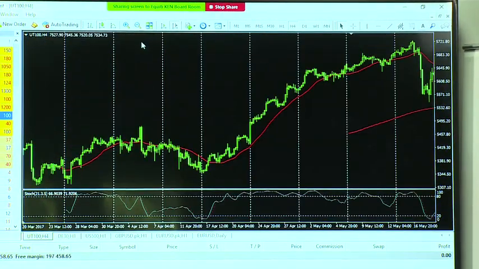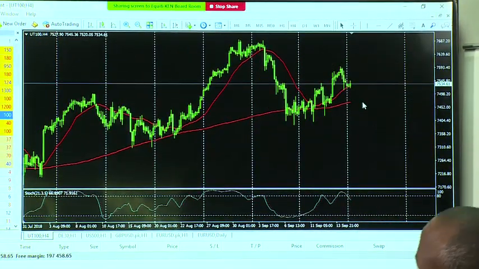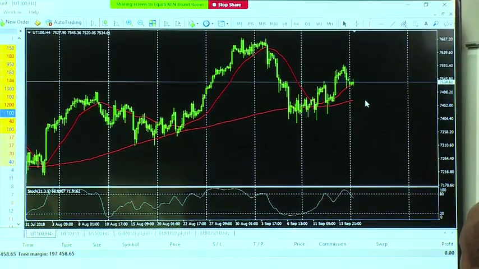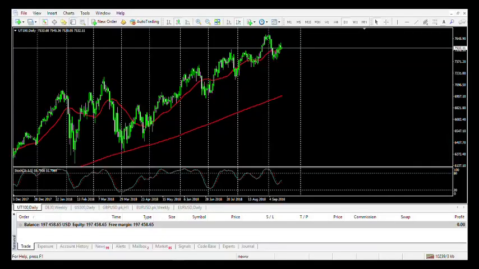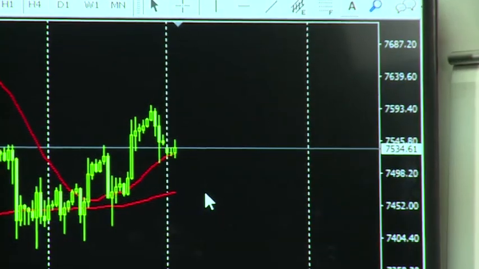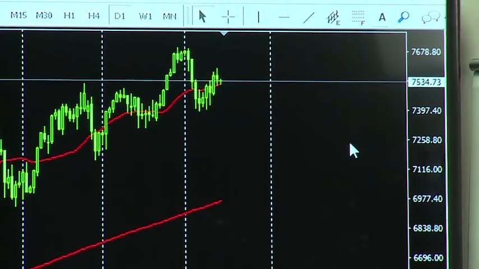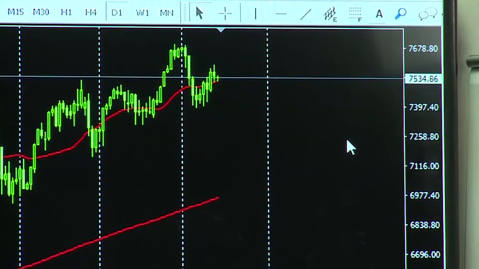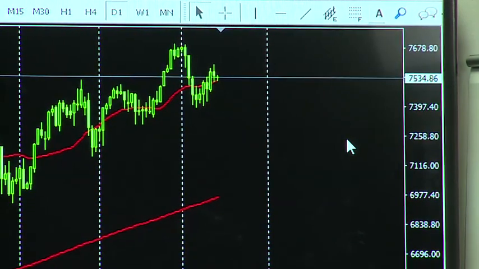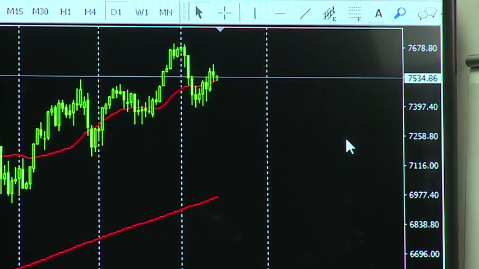If I go to lower time frames, here we're looking at some of the tech companies. It has been gaining. Are all the FANG stocks in this? Facebook, Apple, Netflix, Google. Yes. It has been doing quite well. It hit its highest value there, and it just retraced back, but the trend is still bullish. As you can see, it's still within the 21 moving average, still on the upside, so it's still bullish.